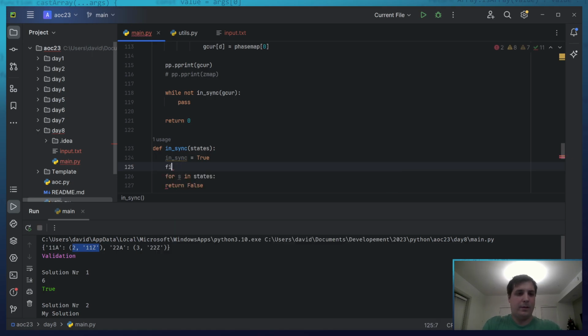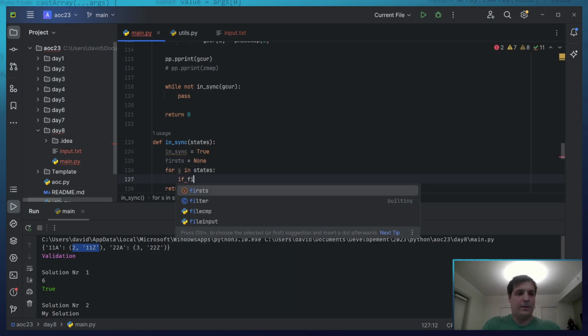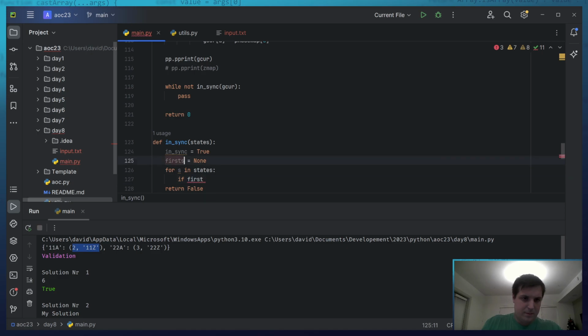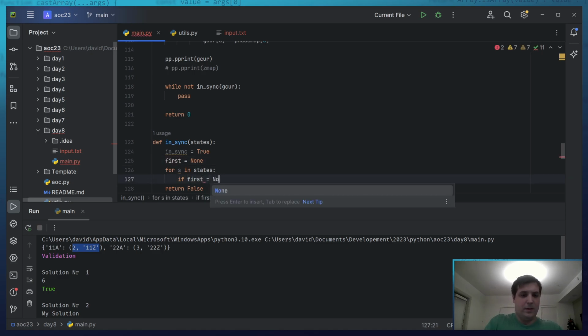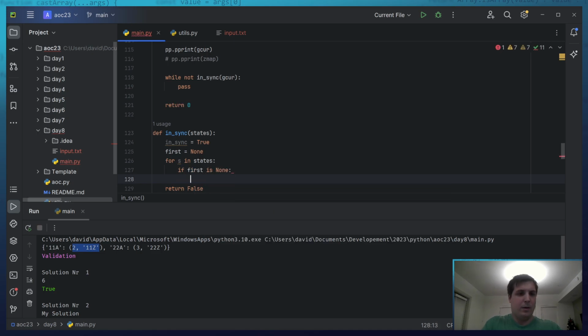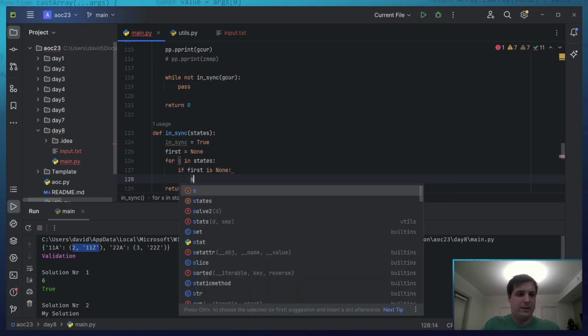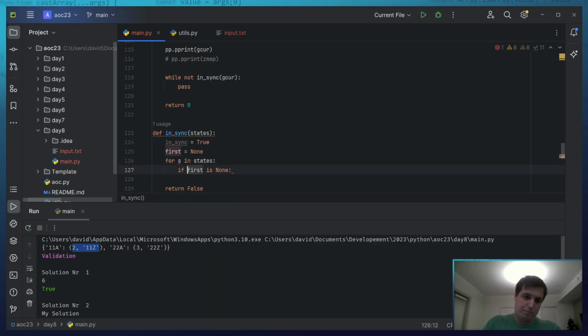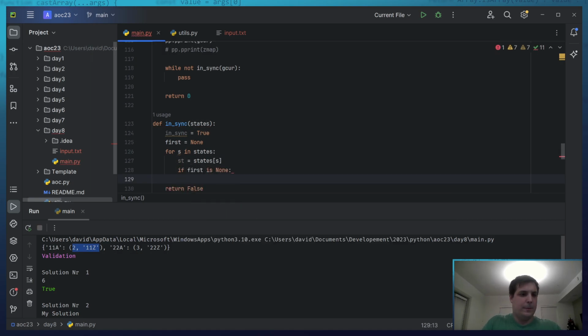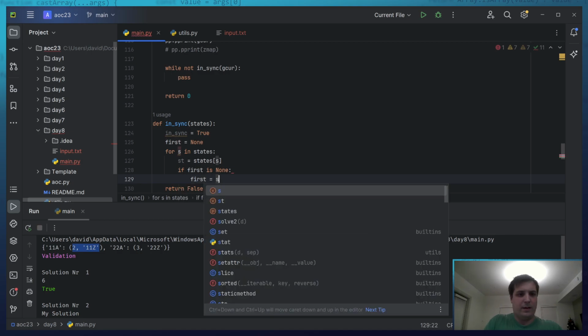First equals none. If first is none, then I want to say s0 equals states s, and first equals s0.